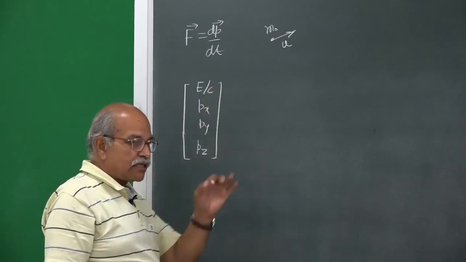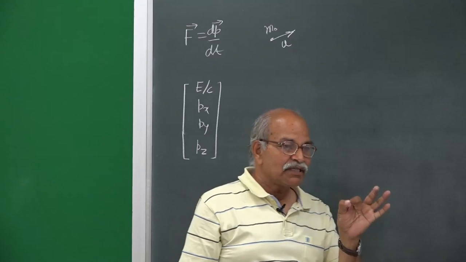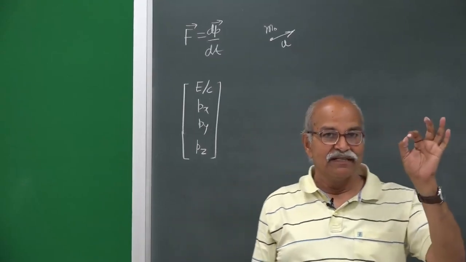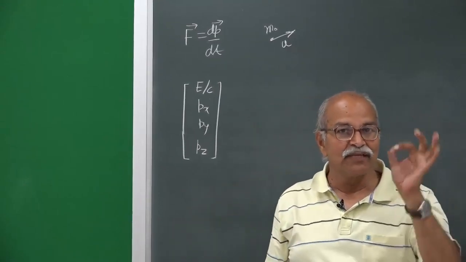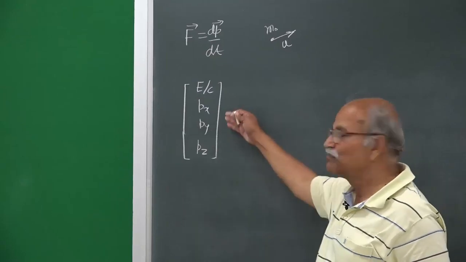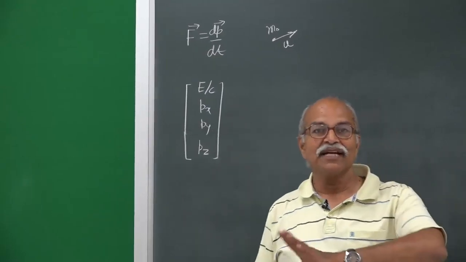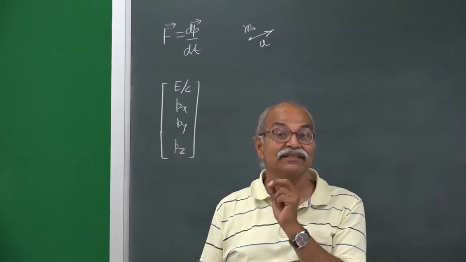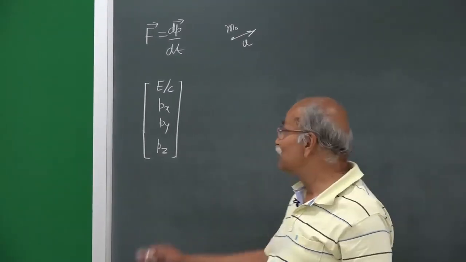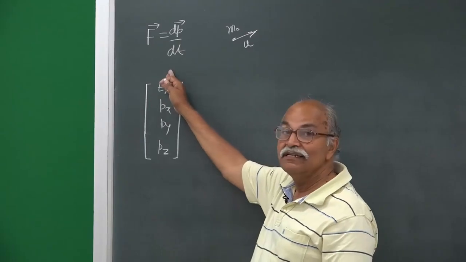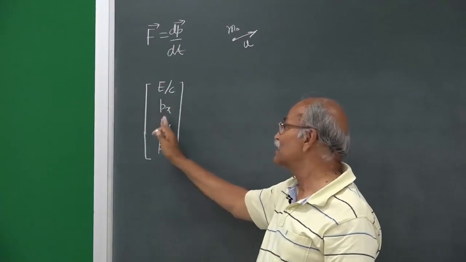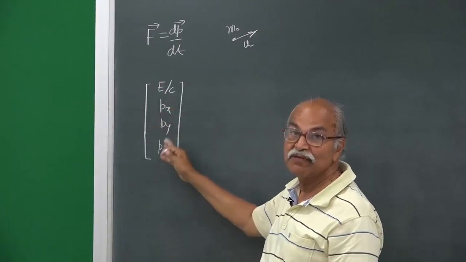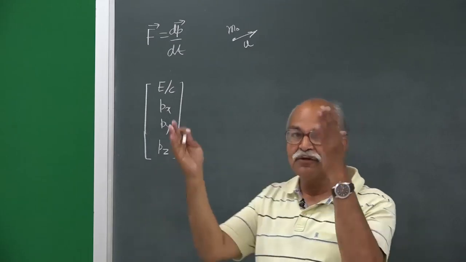So, at a particular time the particle has some total energy E, some total linear momentum which has components px, py, pz, then at time t plus dt these things will change a little bit. So, you have E plus dE, px plus dpx, py plus dpy, pz plus dpz,